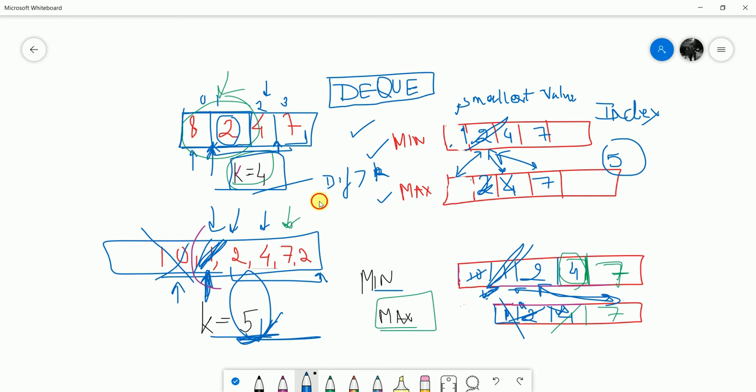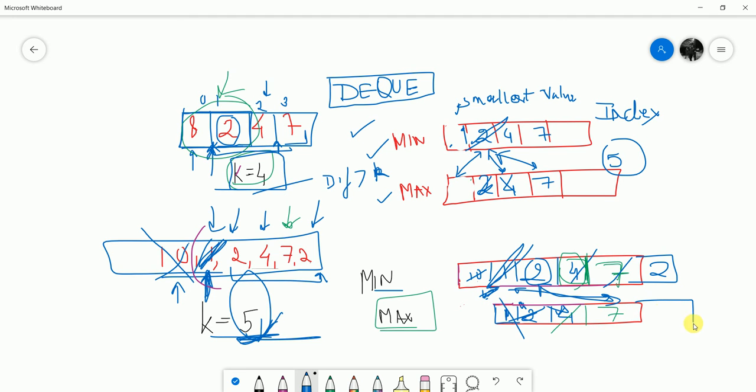Then I again increase the window size and add 2. In this case, since 7 is greater than 2, I'll pop this off. Then 4 is again greater than 2, so I'll pop it off. And here it is 2, so we can either pop it off or just simply add 2.